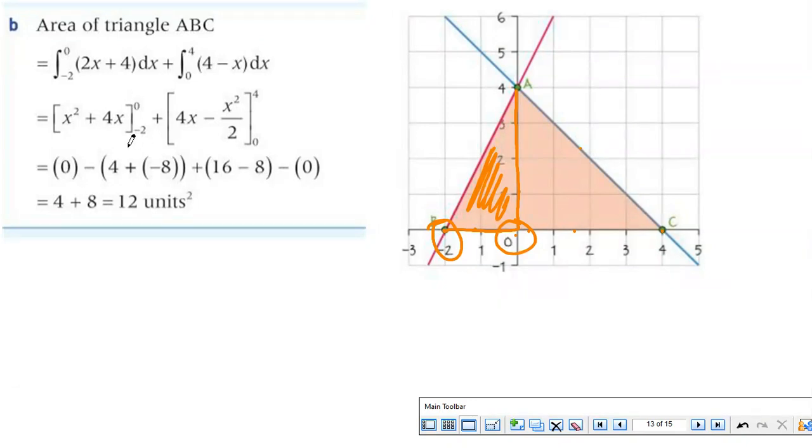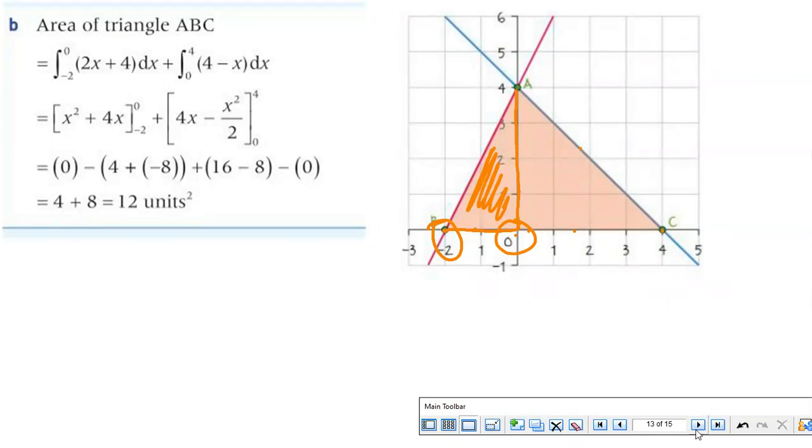And then you do the integral and you replace. It's a normal calculation. So I will find the integral of 2x. It's 2x squared over 2, so it's going to be x squared plus 4x. There is no plus C here because there is a boundary. And then you replace by 0. It's going to be 0 minus, then you replace by minus 2. It's going to be 4 minus 8. That's it. Plus, also again, we replace upper minus lower. 4 times 4, it's 16 minus 8. Minus, when we replace all the expression by 4 minus by 0,